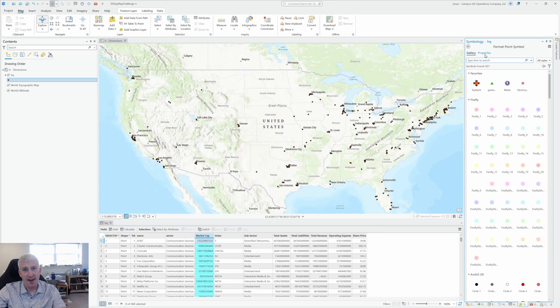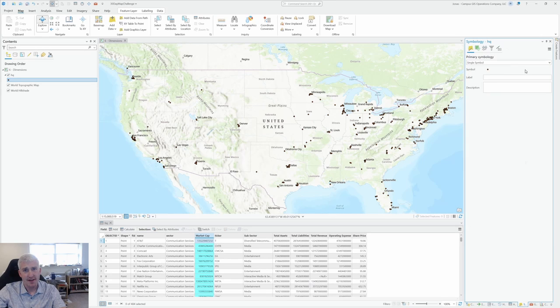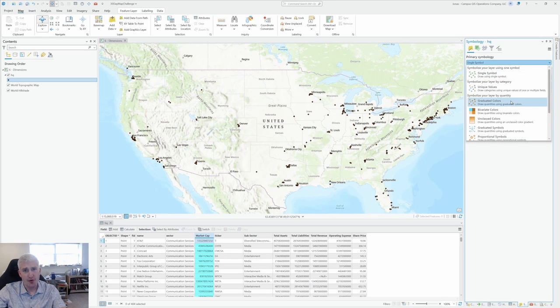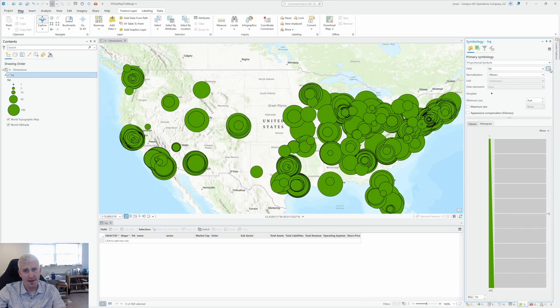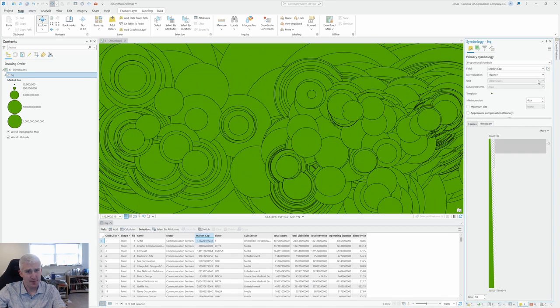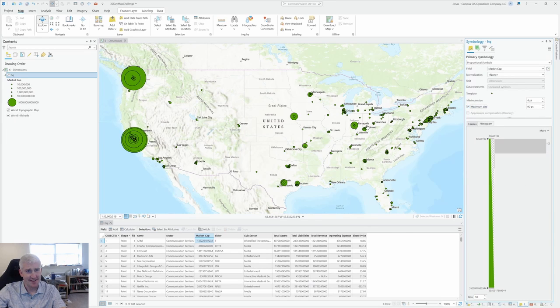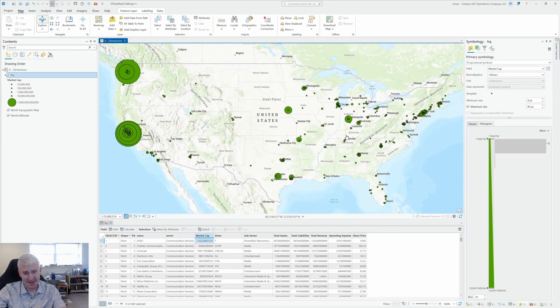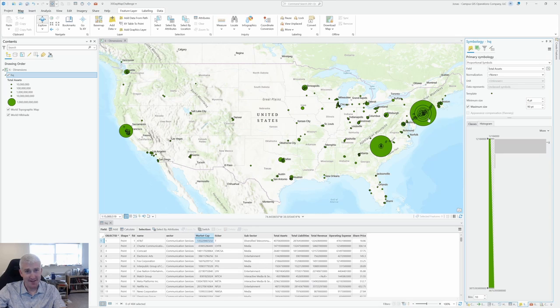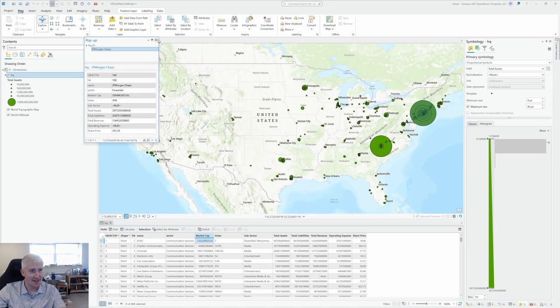Let's take a look at the proportional symbols of market cap with a maximum size set, and we can see very obviously that the big market cap companies are here on the West Coast: Microsoft, Apple, Nvidia. But if we change our symbology to total assets, the big players on the East Coast pop up: